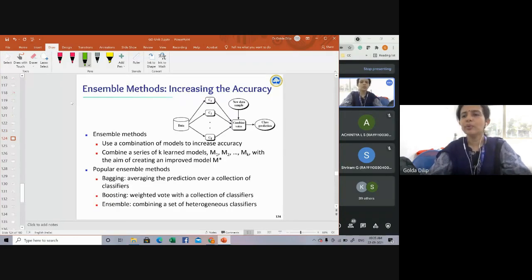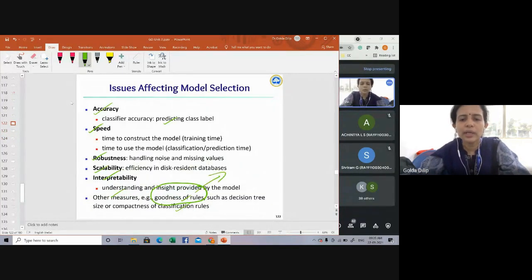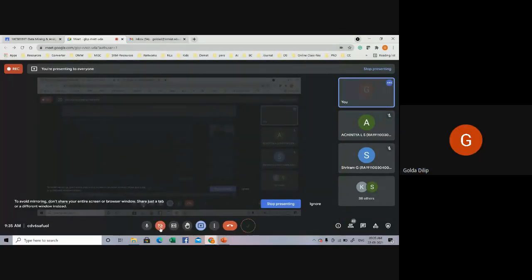Before we start, let me take the attendance. When I take the attendance, please look into the various measures used to evaluate the goodness of a rule. Can you do that? Yes or no? Still, I won't get an answer whether I ask yes or no. Quickly answer your attendance, and by then you look through it. Then we'll start with the next topic.